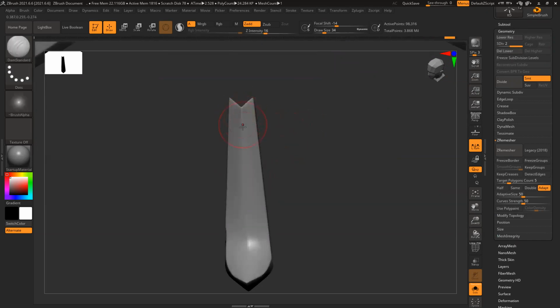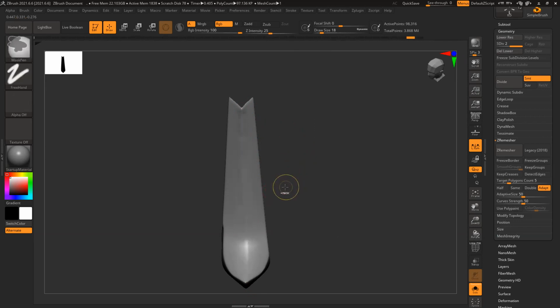Control D. If I have any difficulty, I can switch on my lazy mouse. And to repeat your last command, you can press 1, but I feel it's not very clean. So I'll do it once again. Slightly wavy still.